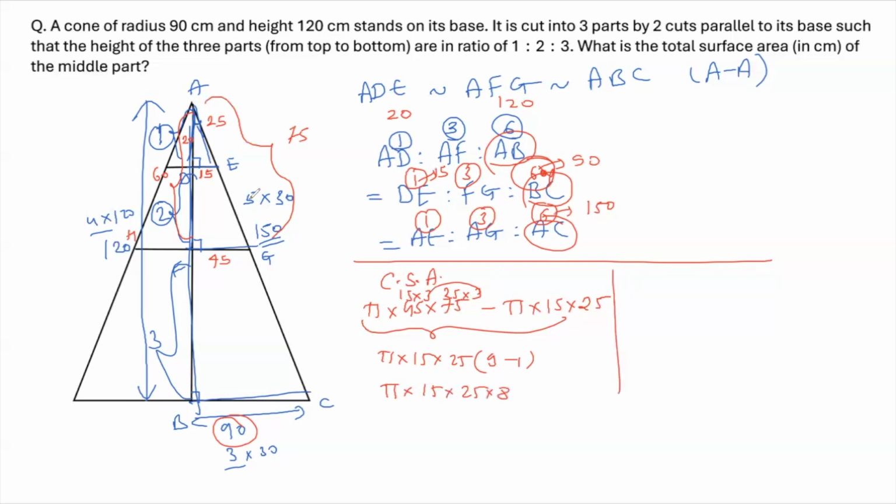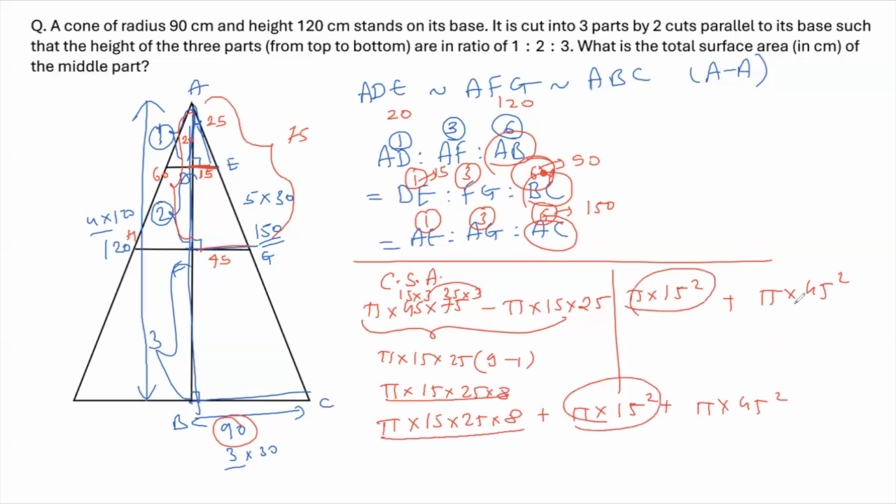And to that, we simply have to add the areas of these two circles here. Smaller circle with radius 15, pi into 15 square, plus pi into 45 square. And that's it. When you add all of them, you'll get your answer. So let's add all of them now. The first part, pi into 15 into 25 into 8, the second part, pi into 15 square, the third part, pi into 45 square. So solving this, 25 into 8 is 200 and 15 is 3000 pi